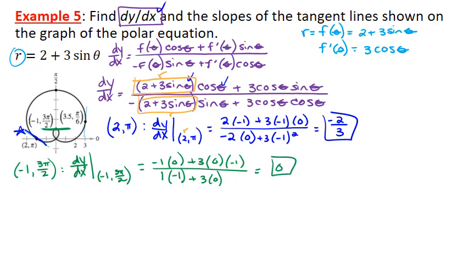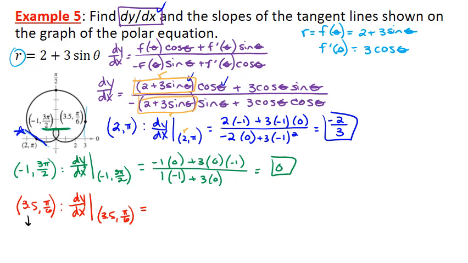Well, that should make sense. That green line there is a horizontal line, and those have a slope of 0. The last point is at 3.5 comma pi over 6. So we want to find the derivative at that point, dy/dx in terms of r and theta. So plugging this in,